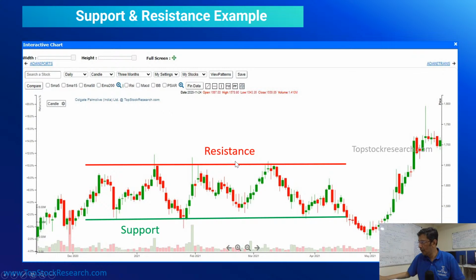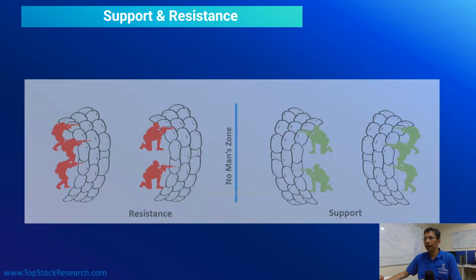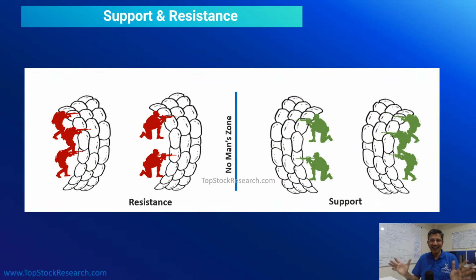These are very simplistic forms of representation of support and resistance, right? Now, to understand why support and resistance are so important,